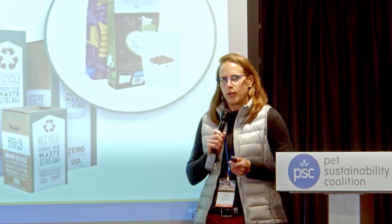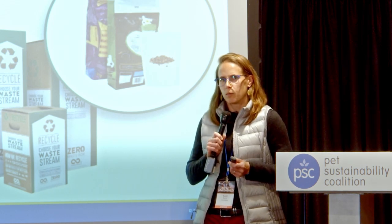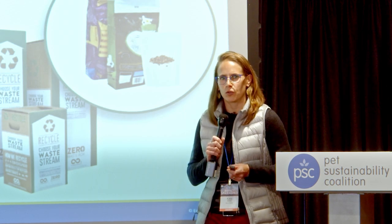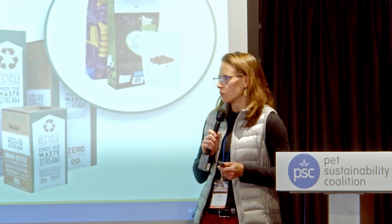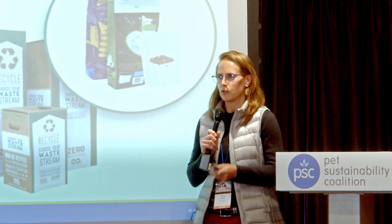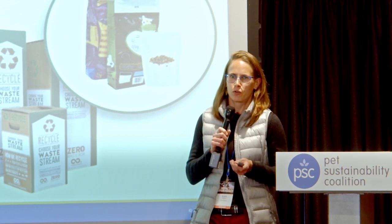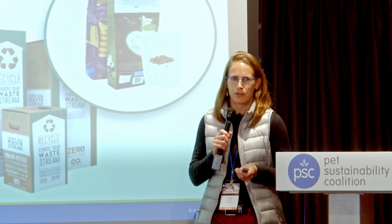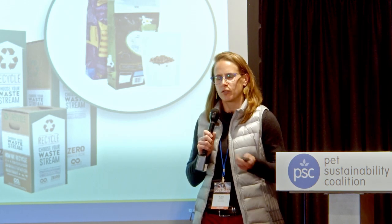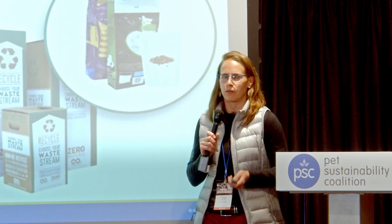TerraCycle is also a program that comes with some solid pros and some solid cons. This is a little bit different than the store take-back in that TerraCycle's markets are not as developed. They're doing some playgrounds and some park benches, but they're more one-off projects rather than a really solid business model. Trex, for example, making recyclable lumber, has a lot of lumber that they can produce. TerraCycle's markets are a little